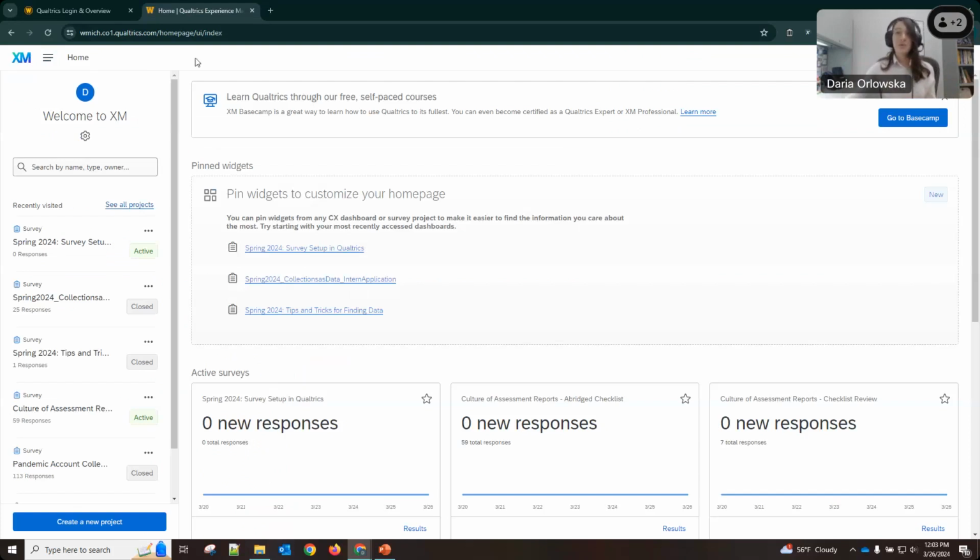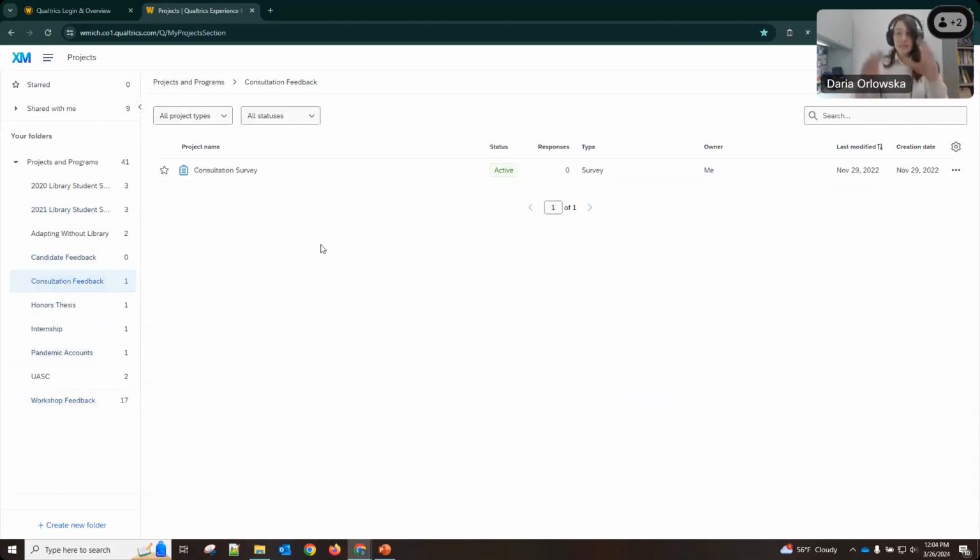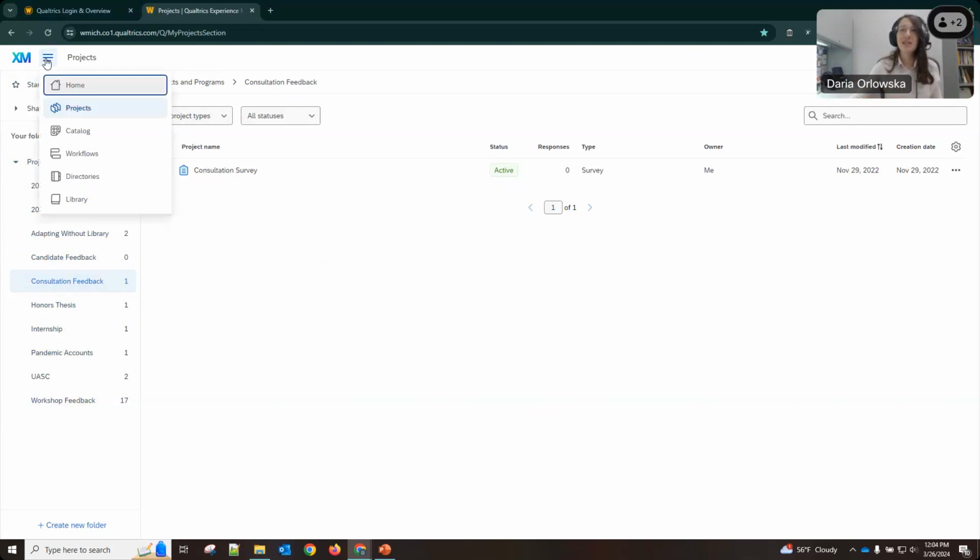I actually prefer to go into projects, and I have my projects bookmarked so that it always takes me to my folders and all my questionnaires. I would suggest that you do the same. You can bookmark the homepage, but I rarely use it, so I prefer to have it navigate to projects. You will see that I navigated into projects by clicking on the top left-hand corner next to the Qualtrics logo. There are 3 lines, and that will help you navigate through the different Qualtrics submenus.